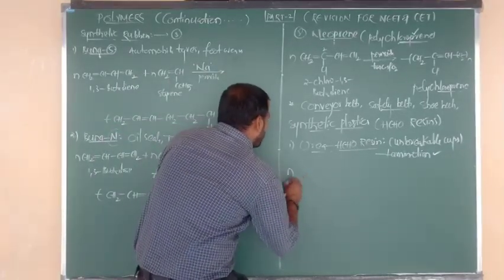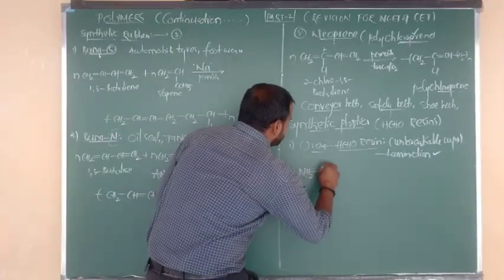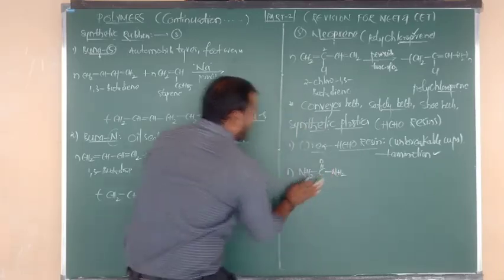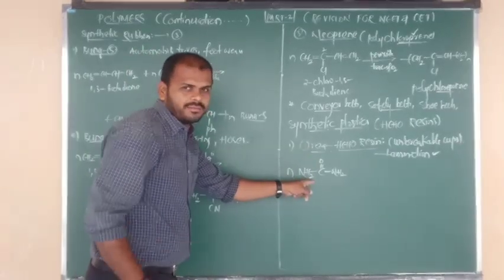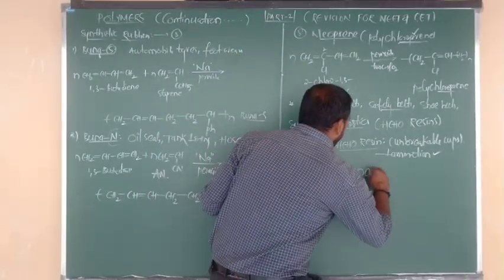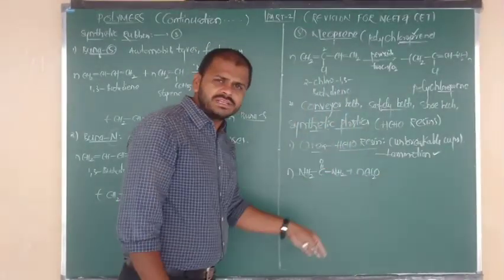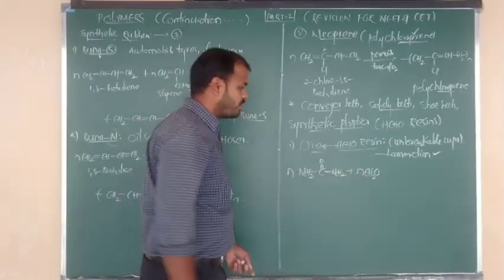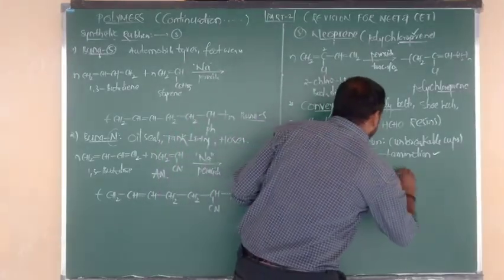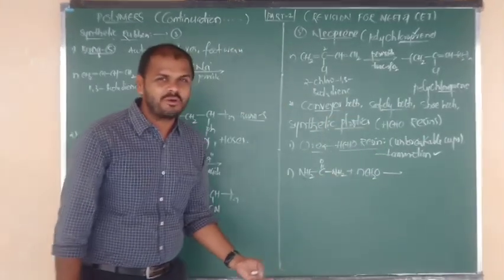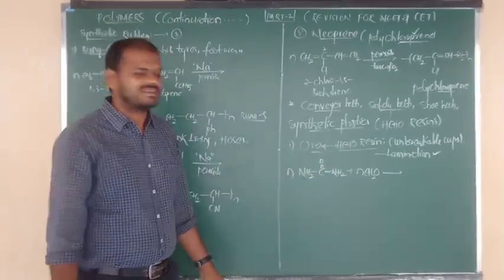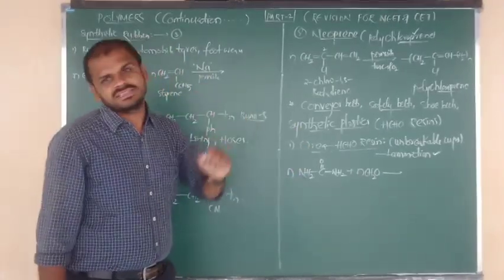So let me first read what is the formula of urea. NH2 bonded to C double bond O, again C double bond O bonded to NH2. So the name of this compound is what, beta? Urea. So n moles of urea, one of the monomers, and n moles of formaldehyde, the second monomer. What is the formula of formaldehyde? HCHO, and also we can say CH2O. So n moles of urea and n moles of formaldehyde are both monomers. So 2 different units are there, we can say copolymer, and here more than one functional group is there, so we can say condensation polymers. So it is an example of a co- and condensation category, beta.